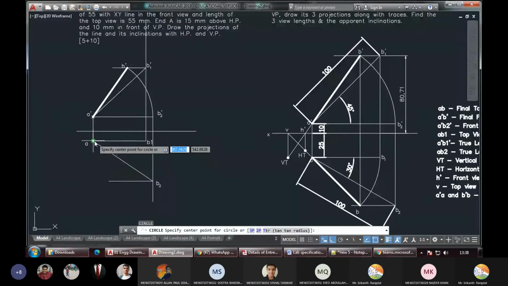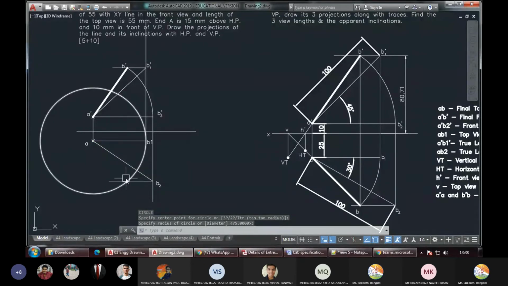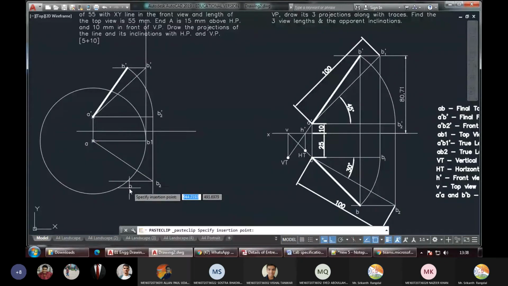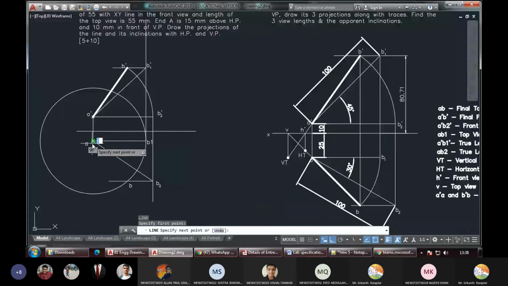Circle center should be at A and it should pass through this point B1. So intersection of these two, we got it. So what is that point? That is the final point B. Take line command again and join this.